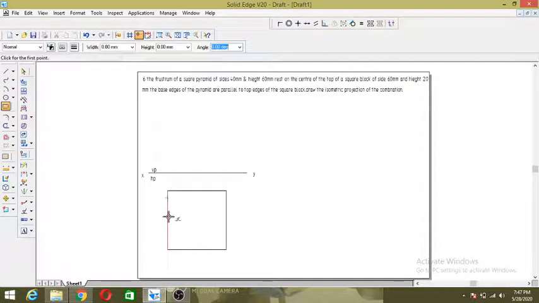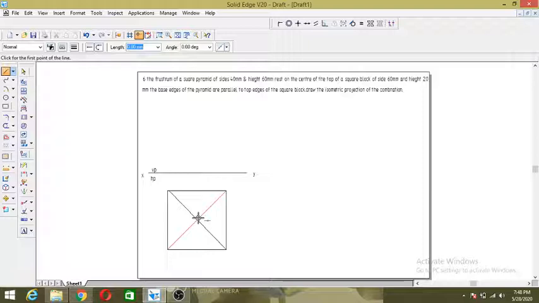Let's draw the lines. So this is the center. When I'm viewing the square block individually from the top, it looks like a square plane.